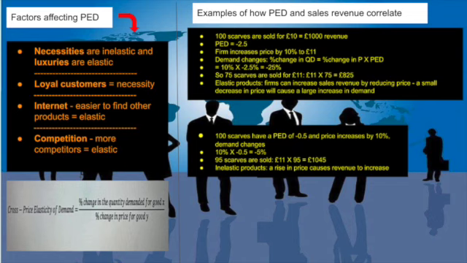This is just given to you in the context. I haven't worked anything out yet. The firm increases the price by 10% to £11. Now, what we're going to do, we have the percentage change in quantity demanded equals percentage change in price times